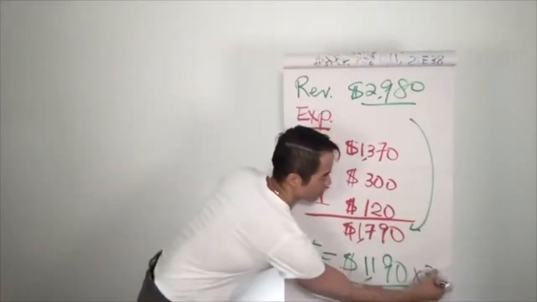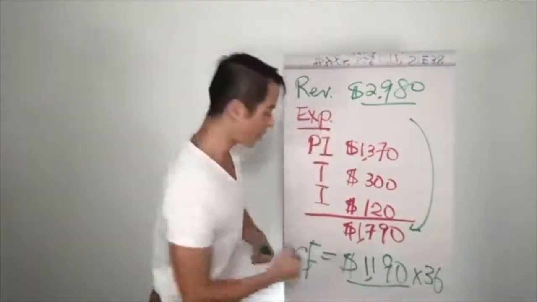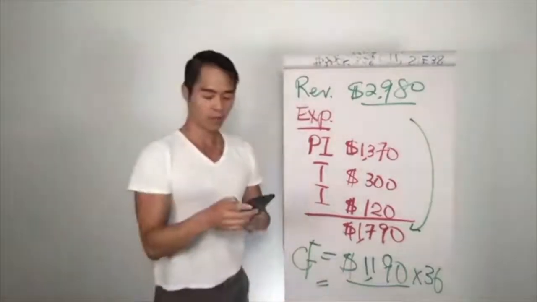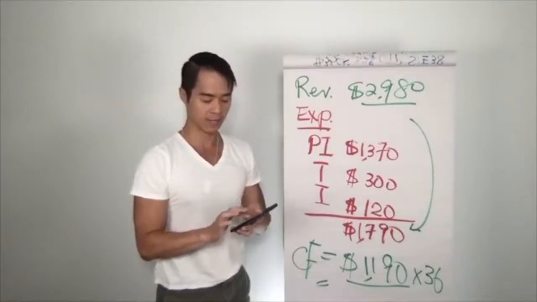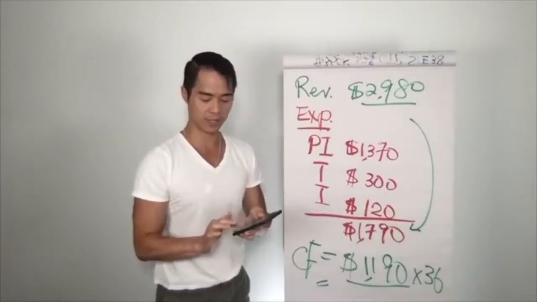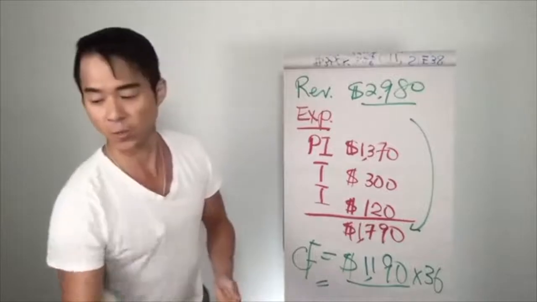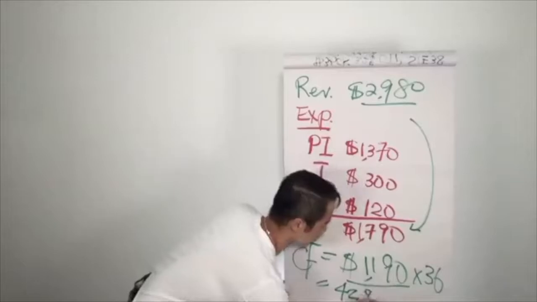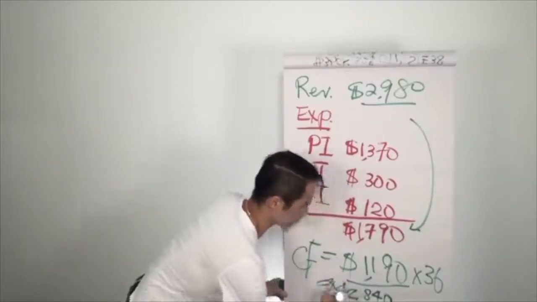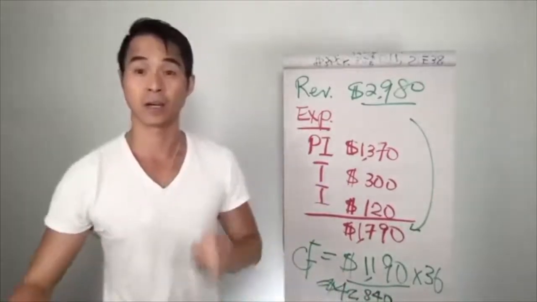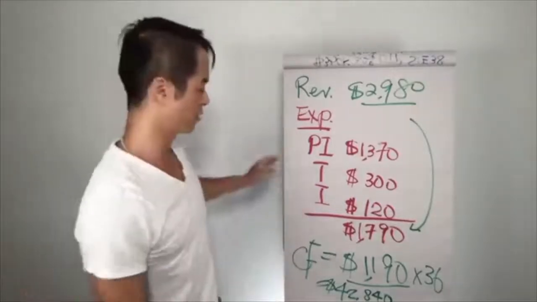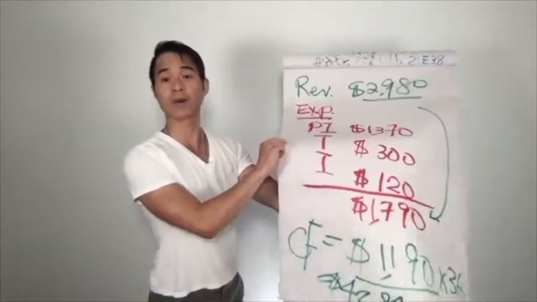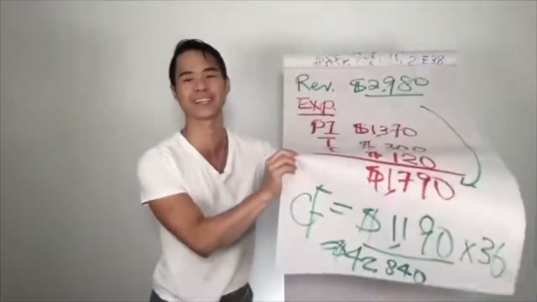$1,190 a month over 3 years. So what that means is over the course of the entire deal, $1,190 times 36, we have $42,840. Ooh, I don't know if you can see that. Okay, that's our entire profit from cash flow. However, let's not, whoops, I'm messing this up.